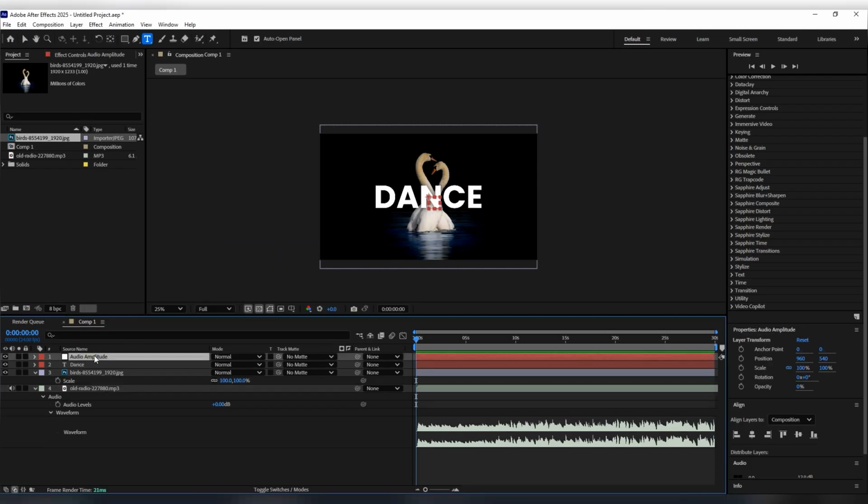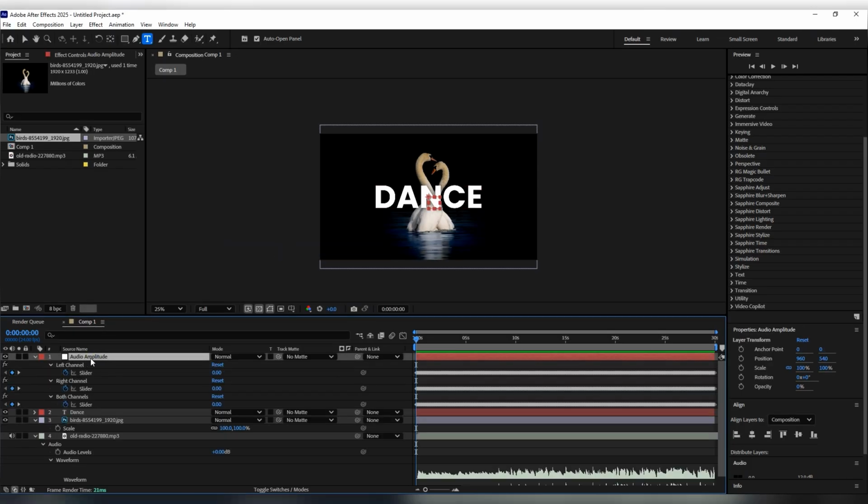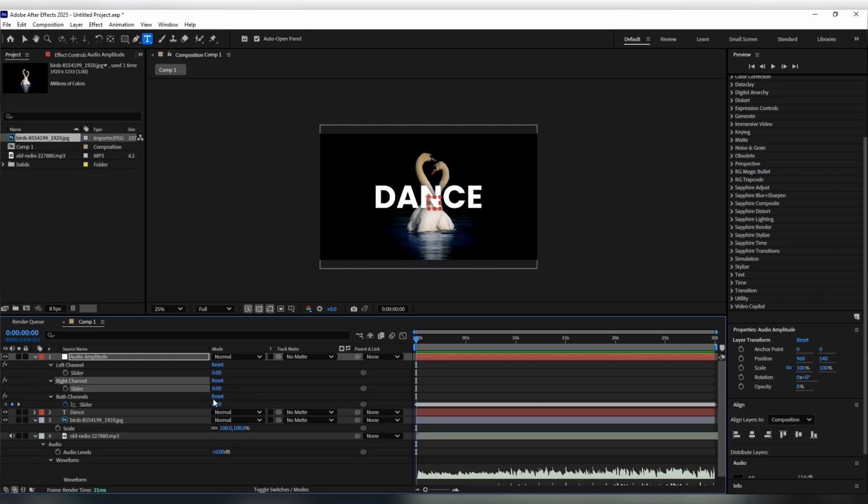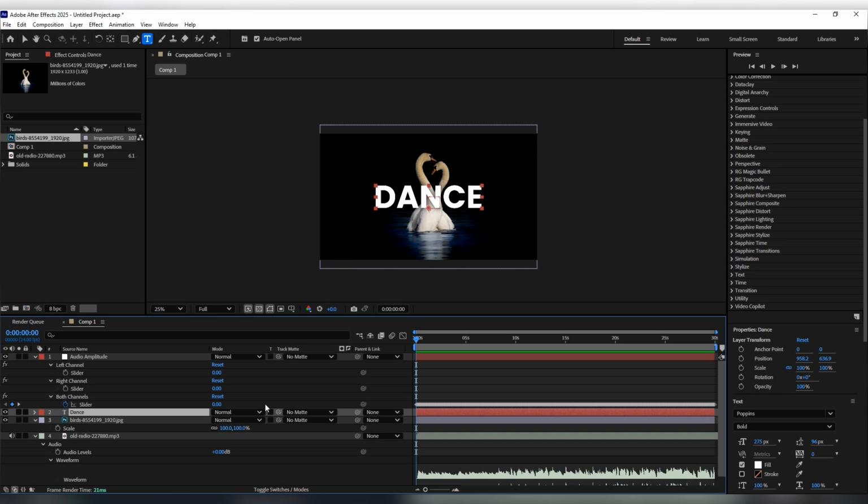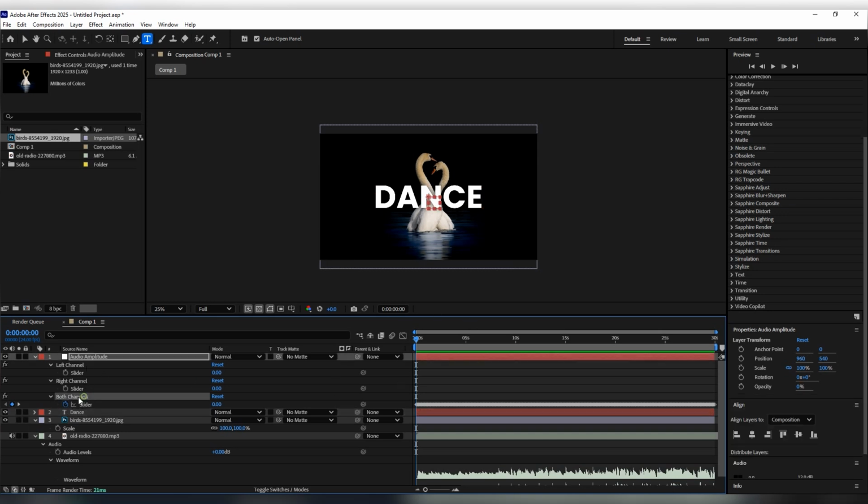And what it does, if I press U, it creates a new layer, Audio Amplitude, with left channel, right channel, and both channels. We don't need left and right channel, so I click these and remove all the keyframes. It makes the After Effects file less complicated.